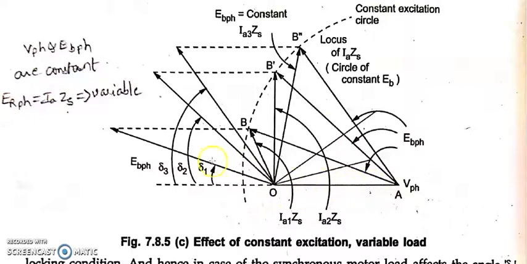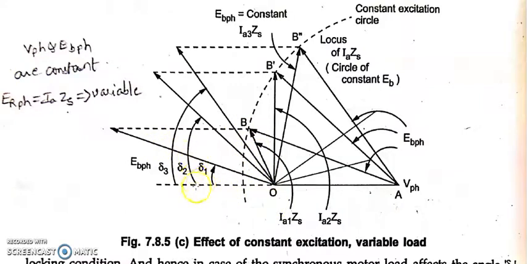You can see here V phase is common and we have plenty of EB phases here, depending upon the load condition. So let us see the first diagram. First you can see V phase is drawn horizontally, and next you can see this is the EB phase for the load delta 1. Let us say some load is applied, that is nothing but delta 1, and due to EB phase and V phase we get the resultant phase, that is ER phase, that is IA1 into ZS. This is the first figure.